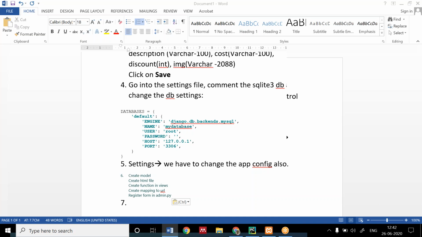Okay, one line more he has given, I'm adding it here. He has written: create model, create HTML file, create function in views, create mapping to URL, register form in admin.py. Okay, create class in forms. Good.